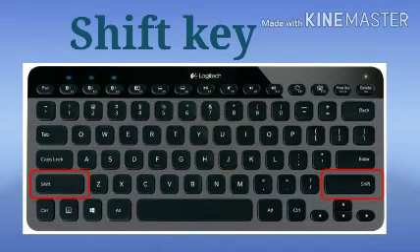Now, what is shift key? There are 2 shift keys on a keyboard. A shift key usually works when pressed with another key. Pressing shift with an alphabet key types a capital letter when caps lock is off. If caps lock is on, we will get a small letter. Some keys have 2 characters on them. Pressing shift with such a key types the upper character. Pressing the key alone types the lower character.